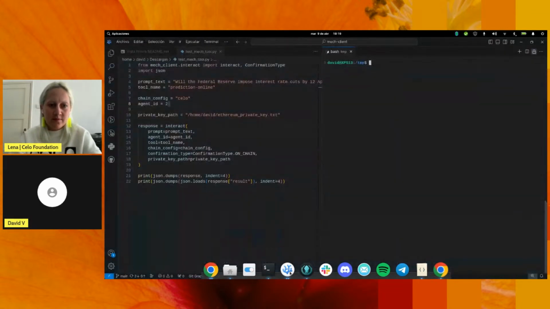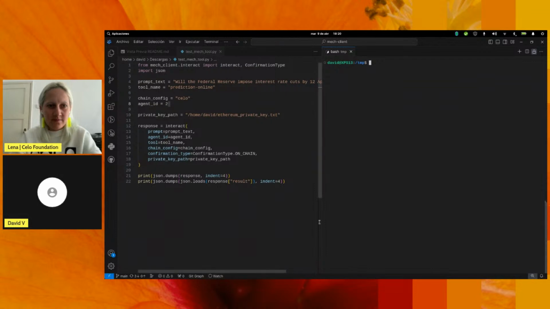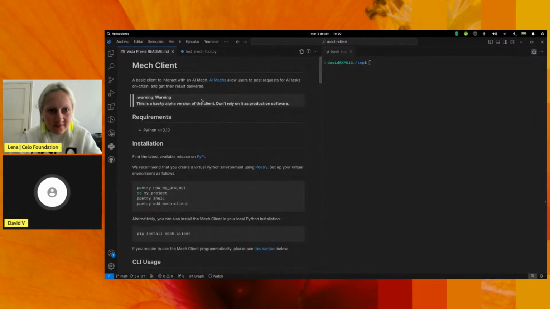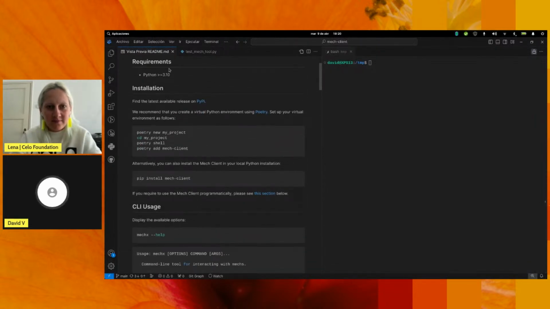So let me pull up my VS Code here and open the README. These instructions that I'm going to follow are written in the README, but anyway, I will prepare a virtual environment here. I will install this library, and I will send a request to the mech,